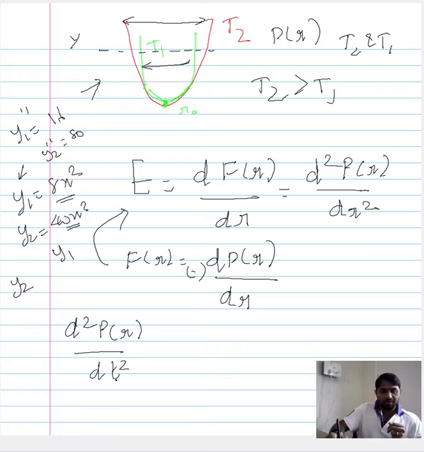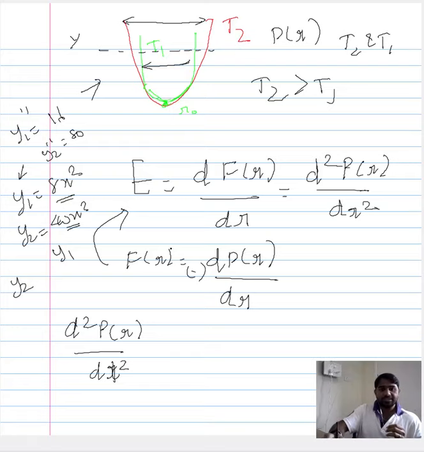So now we have two parabolas, each relating to two different temperatures. The green one relates to a lower temperature and the red one relates to the higher temperature. Based on our understanding of the second derivatives and the mouth of the parabola, for a given y coordinate, we could see that the parabola pertaining to T1 has a smaller mouth, or is sharper in nature. The parabola pertaining to T1, that is the lower temperature, is sharper, or its mouth is smaller, when you compare it to the parabola at T2.